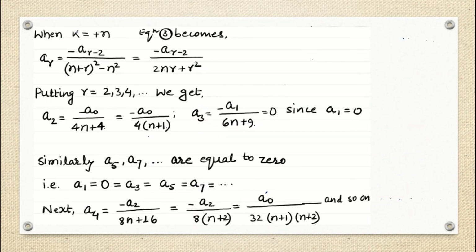So if I am putting k as n, this is the term, right? This is the term, and then I'm just writing down r values 2, 3, 4, 5 and so on, and then we will come to know that all odd terms of r, that means a5, a7, a3 and all, will be 0. Only the even terms will be present, and those even terms we will be arranging in terms of only one coefficient, that means a naught only. We will be just arranging in terms of a naught only.